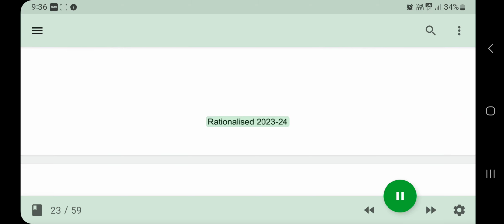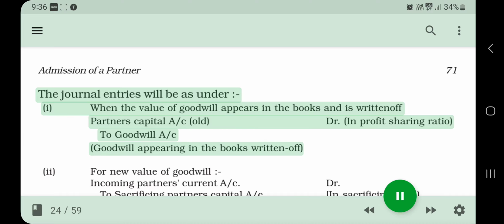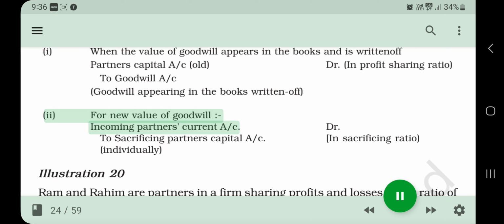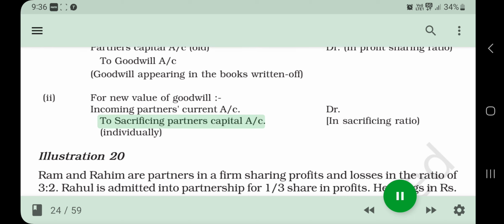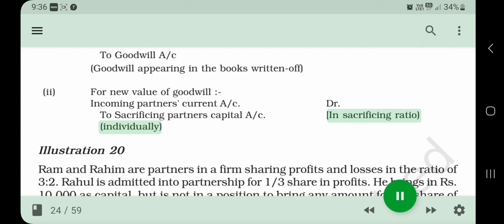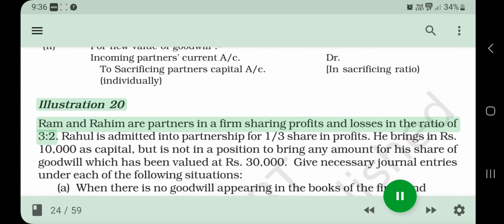The journal entries will be as under. 1. When the value of goodwill appears in the books and is written off: Partners' capital A/cs, old, Dr., in profit sharing ratio, To goodwill A/c, goodwill appearing in the books written off. 2. For new value of goodwill: incoming partner's current A/c Dr. To sacrificing partners' capital A/c, in sacrificing ratio, individually. Illustration 20. Ram and Rahim are